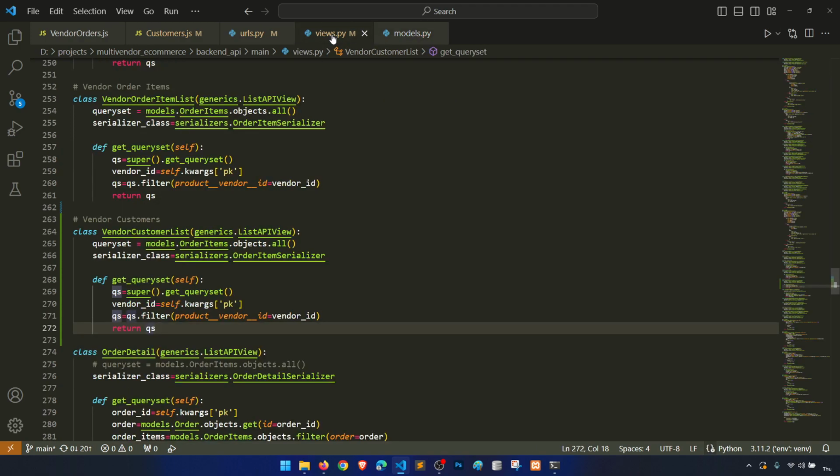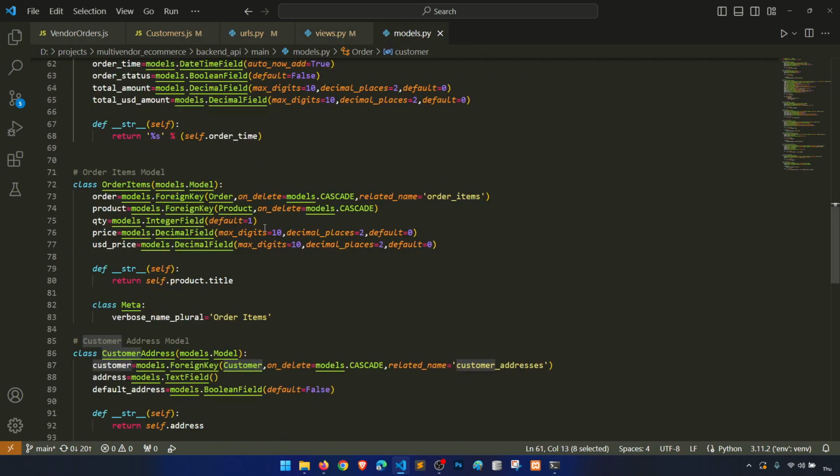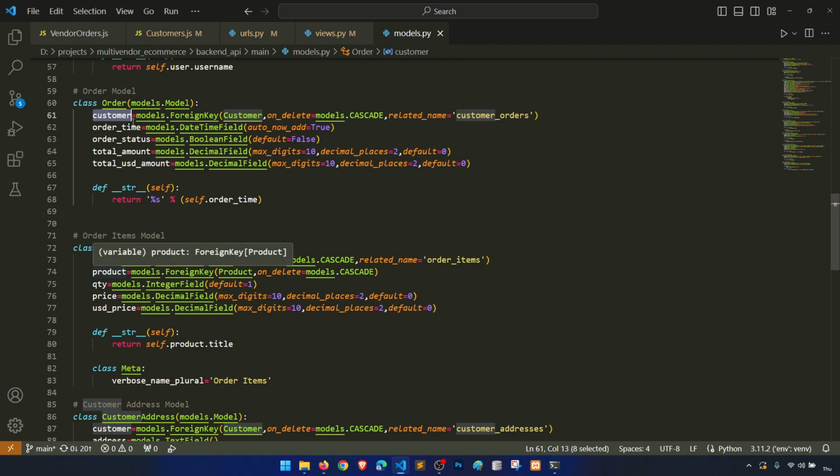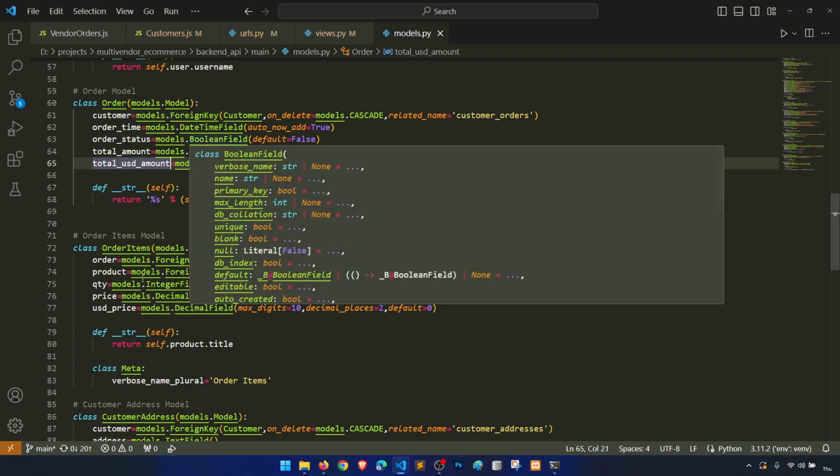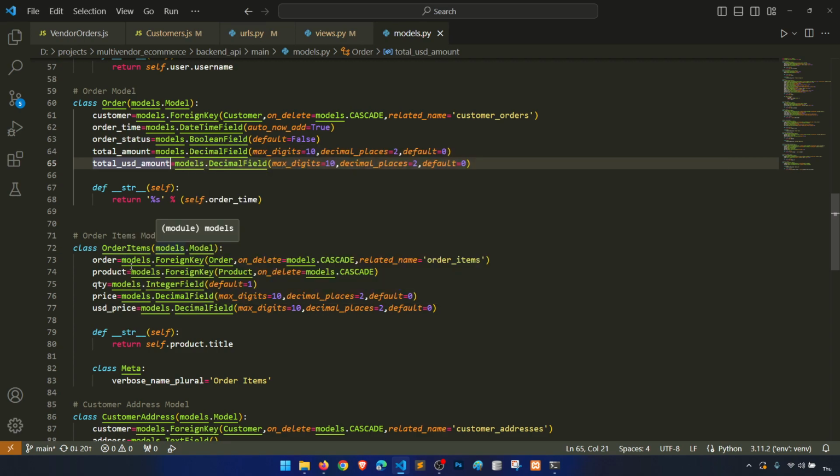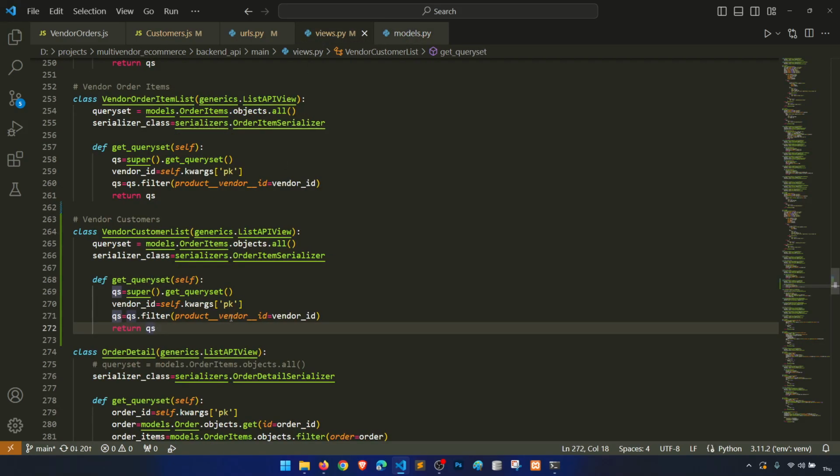Okay, let's see that. We have order items, we have orders, and order is not connected with anything. Order items is connected with the order, and product vendor. Okay, so it will fetch all the products connected to this vendor, but